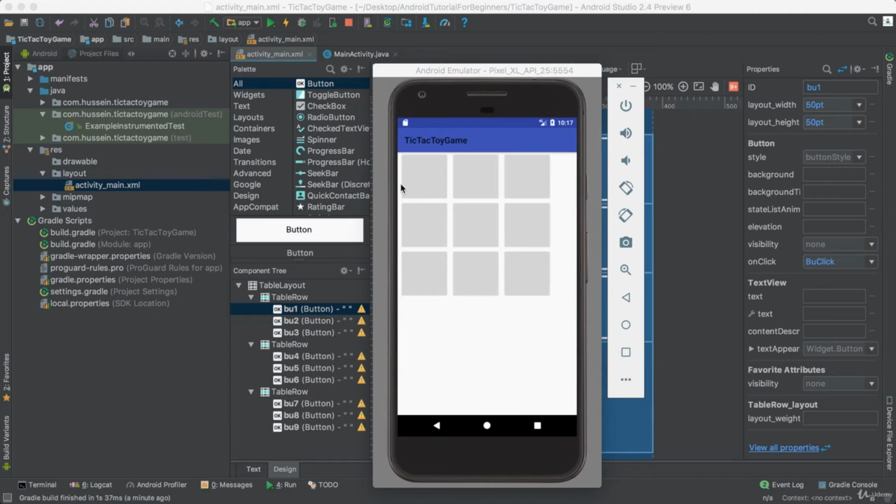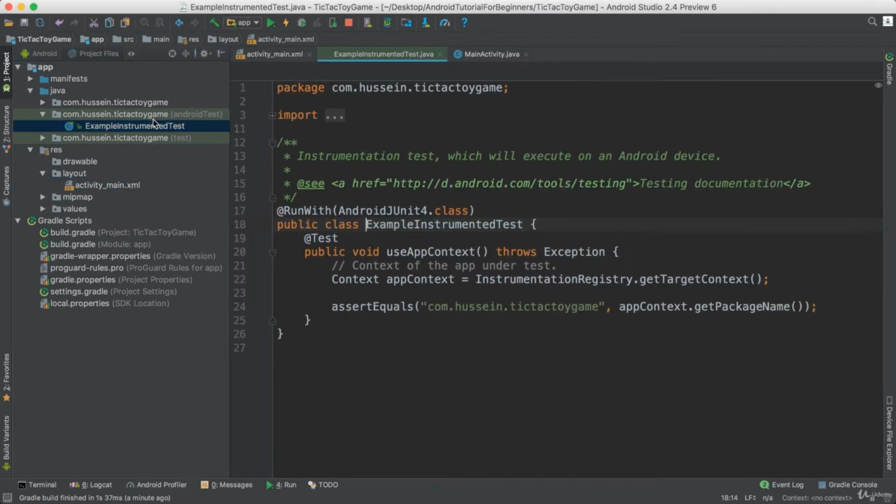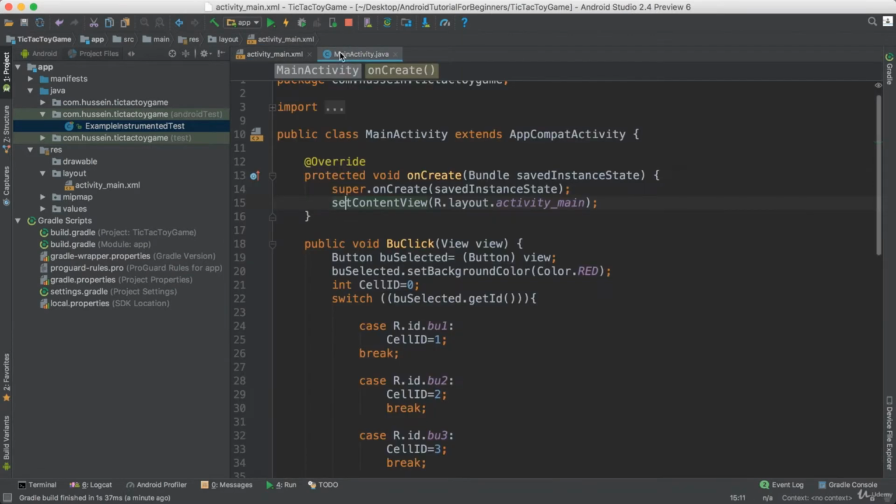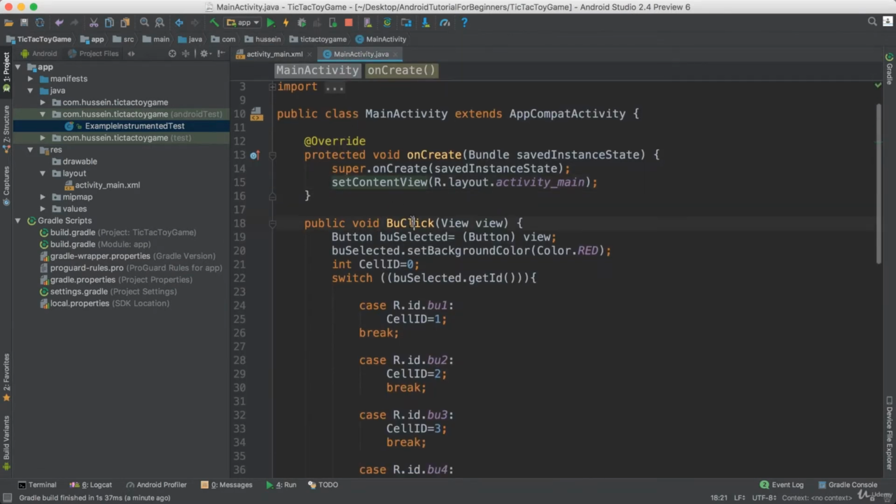Hey again, what I want to do in this video is, when player 1 selects this one, he will change it to the X content. Then it's time for player 2 to start playing. When player 2 selects, he will change the text to O. And he will continue XOXO, and he will add the data for the first player and the data for the second player in his array. So going back to the code,